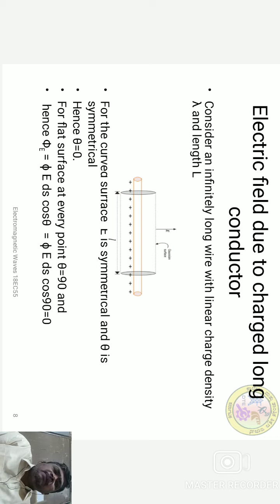Now, to calculate this electric field, the first step is that the point charge has to be closed from all sides. So when we go for closing this, how do I close it? I have to go for a structure which has symmetry. It has to follow the symmetry property.